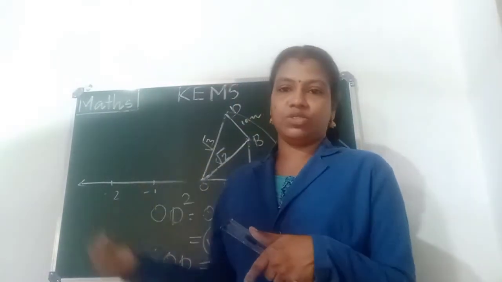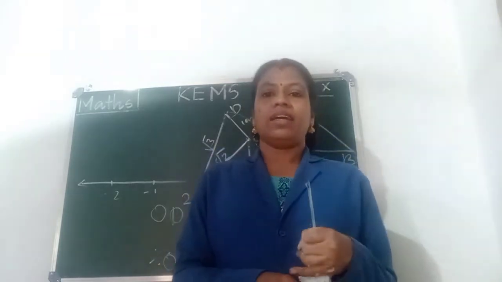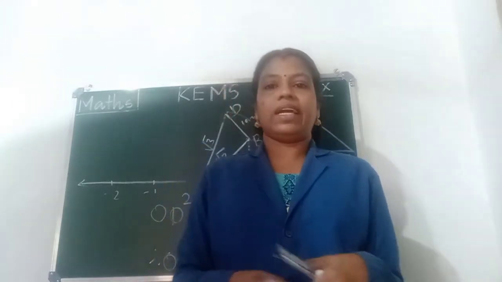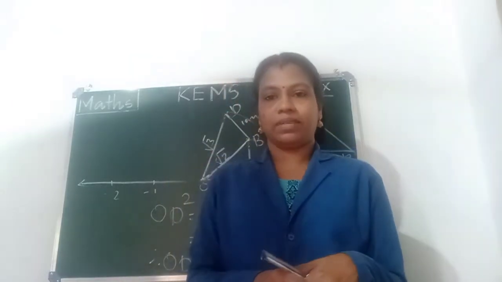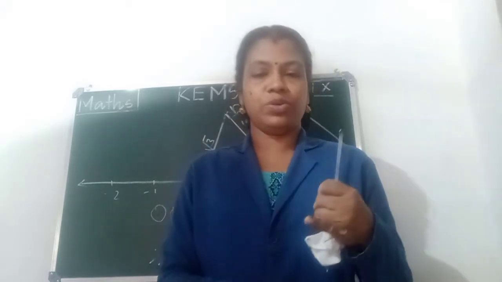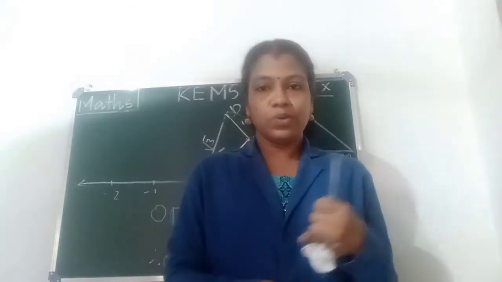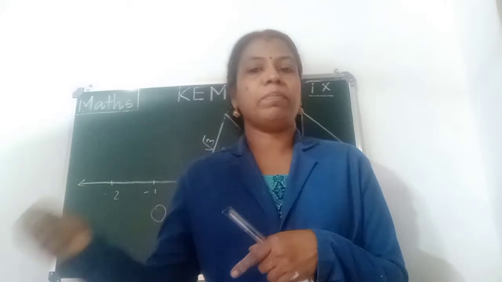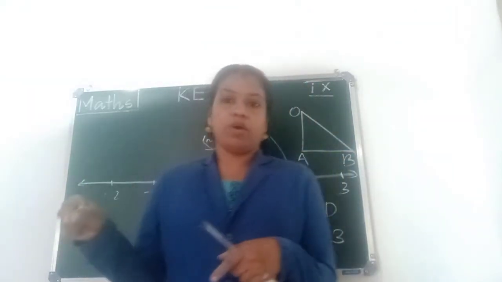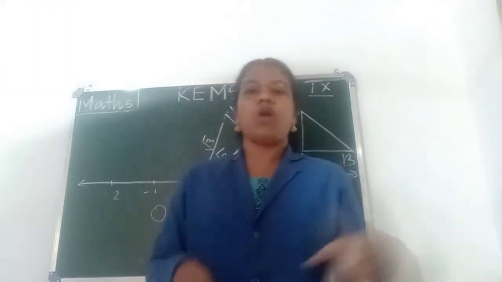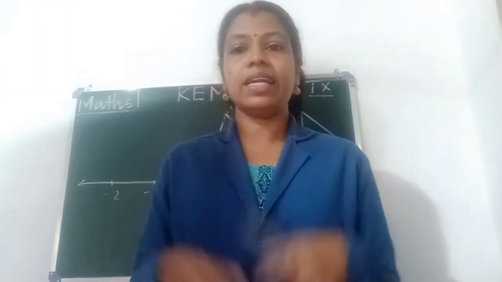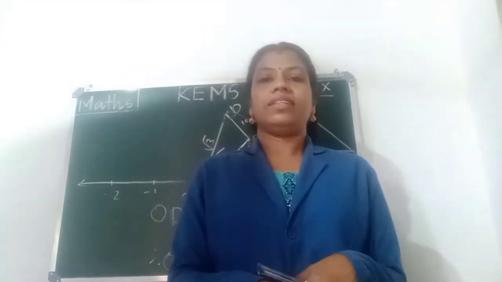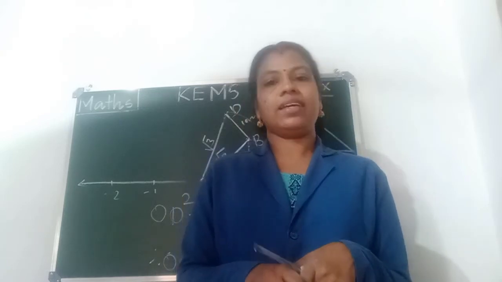First, draw these two, root 2 and root 3, in your notebook. Then draw or locate root 5 on the number line. The same procedure: first draw root 2, from that root 2 draw root 3, then again root 4. Just construct a perpendicular line from that point. Then join the triangle, the right angle triangle. Then apply the Pythagoras theorem and find the square root. Okay, clear?